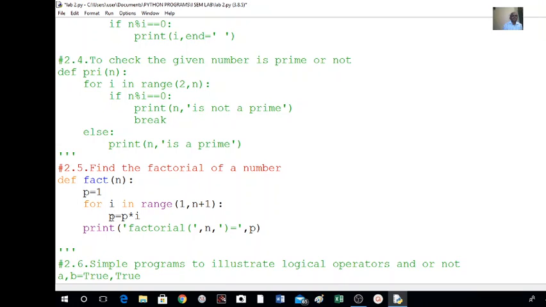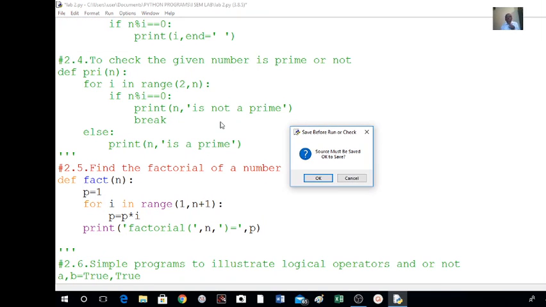After completion of this for loop, we come to the print statement here, and I am giving this print statement outside the body of the for loop. This is the body of the for loop. If we give the print statement inside, every time the factorial is printed, so for that I have to give it outside the body of the for loop.